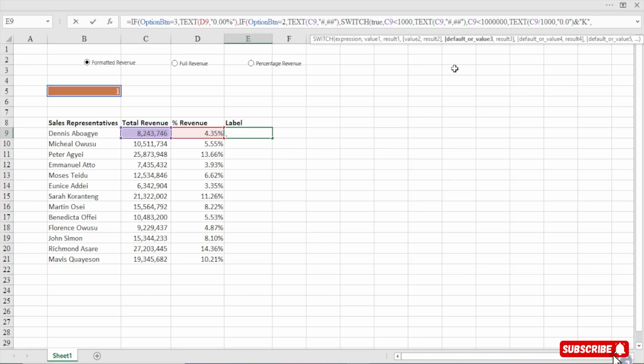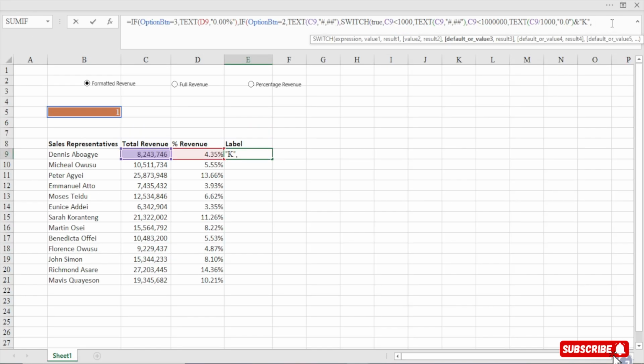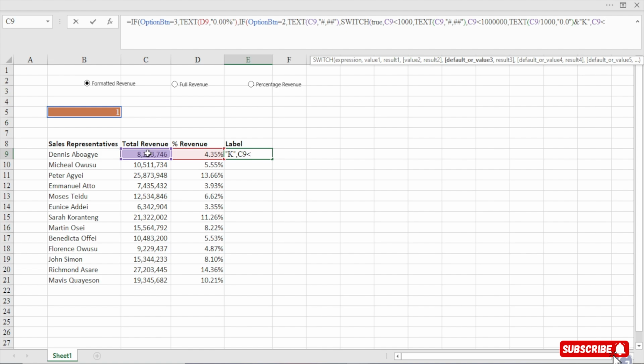So we bring our comma, and then we move towards the value 3, default or value 3. Let me bring this one down. Perfect. So value 3 is also going to be if this same number, this same revenue, is less than, this time around, 1 billion. So I told you the switch function works as the if function. The zeros are going to be 9, so 1, 2, 3, 1, 2, 3, 1, 2, 3. You see that? Perfect.